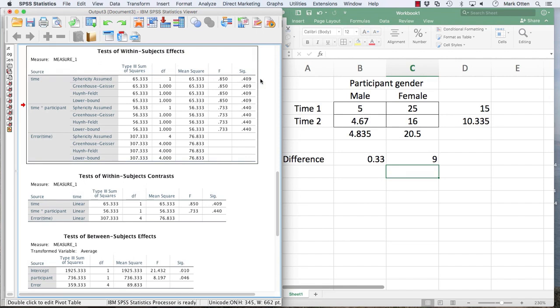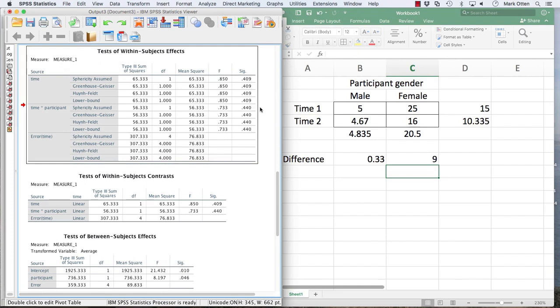That's your main effect of time, main effect of your dependent samples IV. So in this case, we had 15 and 10.335 for our marginal means. We said there's a difference in that it looks like time 1 is greater than time 2 in means, but the difference wasn't that great. And so in this case, it came out to be a non-significant result, 0.409 greater than 0.05. And so even though those means appear to be different, there is no main effect for time. In this case, 0.409. Got slightly ahead of myself because the interaction is next in this box, time star participant